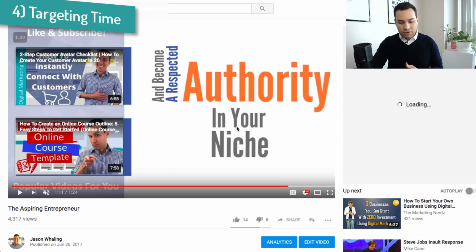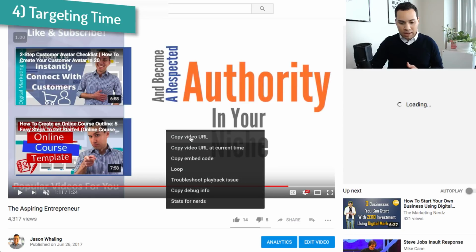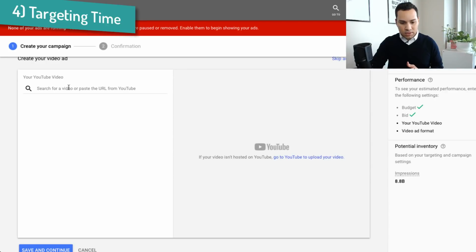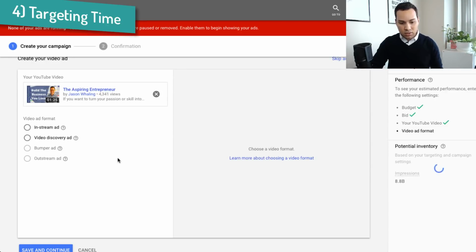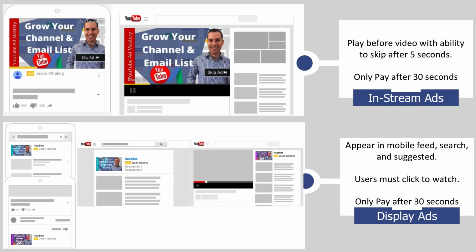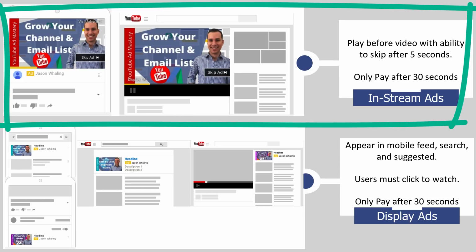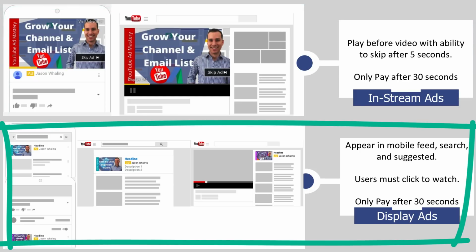So I'm going to go back over here, and I'm going to right click to grab the video URL, and I'm just going to drop it right in here, Control V, and this is where you get to choose in-stream or discovery. So an in-stream ad is one of those ads that pops up and you have the ability to skip it in the first 5 seconds of the video. Whereas video discovery ads, they show up around YouTube. So they'll show up in the search, the top of search results, they'll show up as a top suggested video,